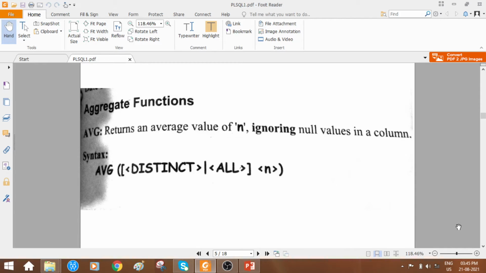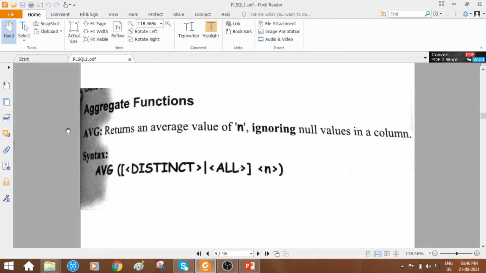Aggregate functions. What is this? The very best example we are familiar with is sum, that is summation. If you want to calculate the sum of all the marks, if you have 6 subjects and want to find the sum of the marks you obtained for all the 6 subjects, then you take the marks of all the 6 subjects. That is the aggregate function, where you get one single result, the sum, obtained by using all the 6 subject marks.